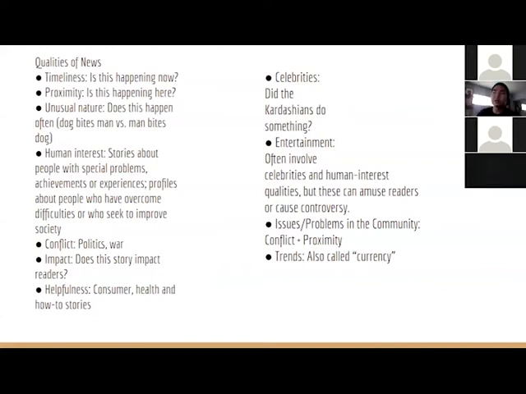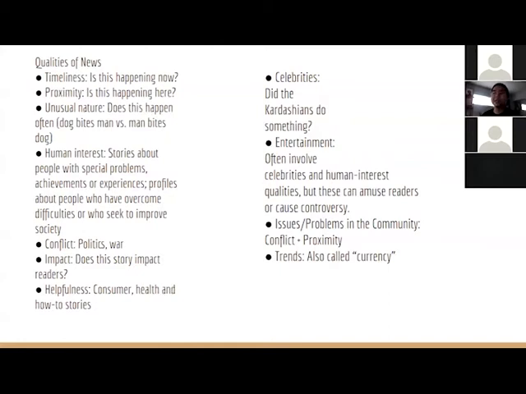Human interest stories count as news. So when we talk about specific people and they have an interesting story. For example, we wrote a story in Spartan Shield about a girl who came from Mexico, and within 3 years, she learned English, she was taking AP classes, and she got accepted to college. That's a cool story. That's a story worth writing. We also write about conflict, politics, war, crime, right? Things that are happening that cause conflict.